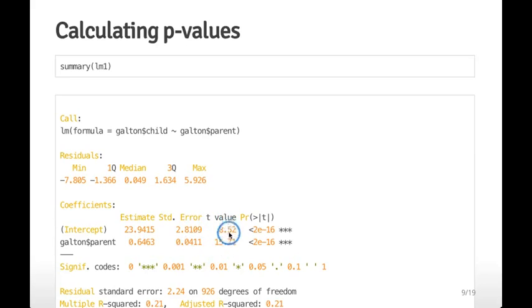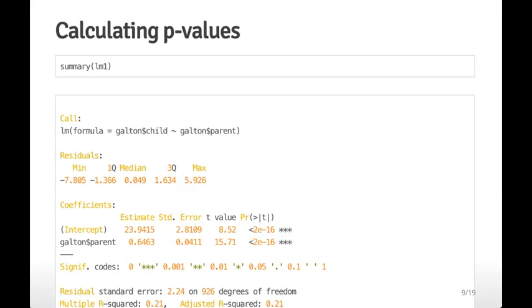And then R actually reports the t-value. The t-value is the estimate divided by the standard error, and so we get a t-value here for the slope of 15.71. And then we get a p-value for that. I'll show you in a minute what the p-value is, but in this case it's very, very small. This is machine precision for R, 2 times 10 to the negative 16th. So it's saying that this p-value is as small as we can calculate given how well our computer can calculate